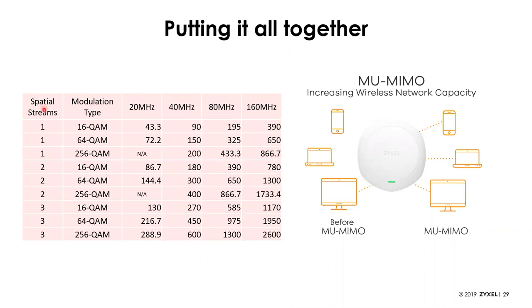So for instance, if we've got a device with 1 spatial stream, it's an 11AC device, you will see it advertised as AC 900. They'll round this 866 up to 900. But in the real world, if you can't use 160 megahertz channels, it'll drop back to a slower 80 megahertz or 40 megahertz. If the signal to noise ratio